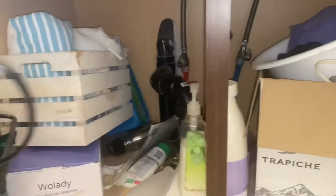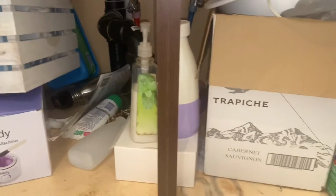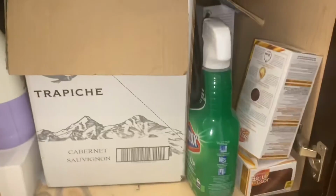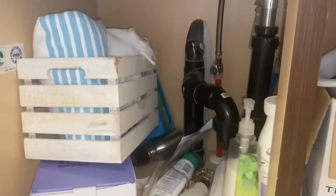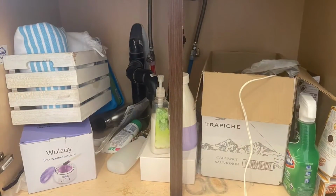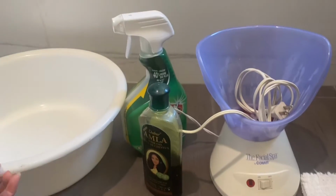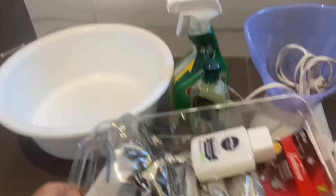I'm really happy to see you here, and this video I wanted to do for a very long time, and somehow I couldn't. In between I bought so many things for organization, and they were piling up in some corner. So today I'm doing my master bathroom closet, and the first step is to empty